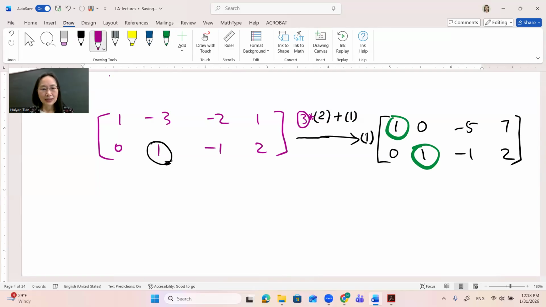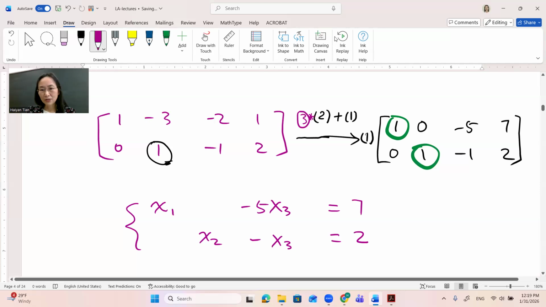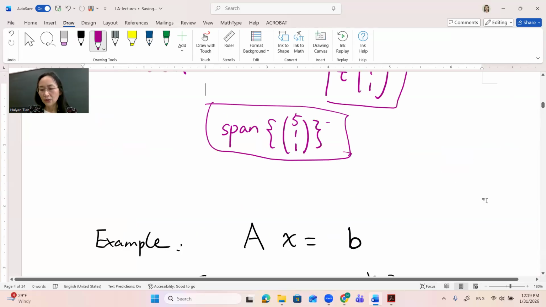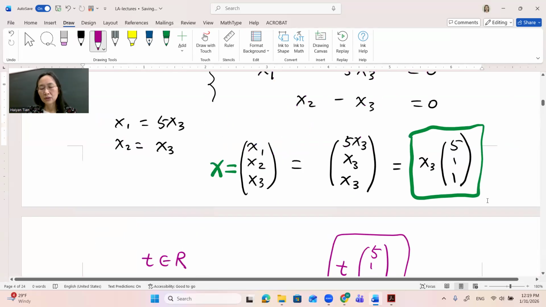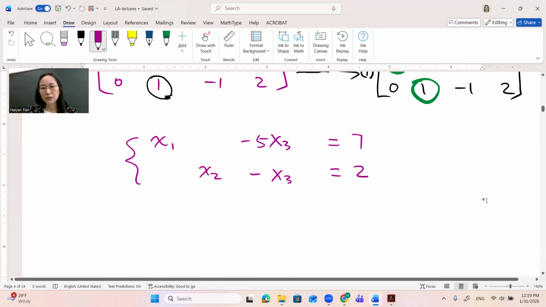So let's write x1. So you see the first equation is actually that one. The second equation is x2 minus x3 equals 2. So that's the system corresponding to the reduced augmented matrix. So this reduced augmented matrix, we are going to